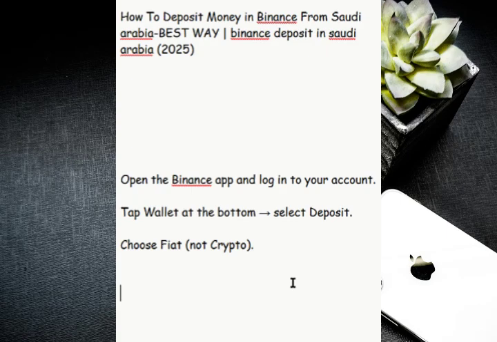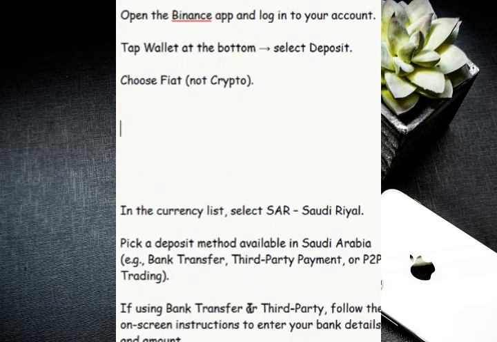One of the quick methods to deposit money in Binance from Saudi Arabia is to open the Binance app and log into your account. Then from there, you have to make sure you tap the wallet at the bottom. Select deposit and choose fiat, not crypto. Then in the currency list, select SAR, which is the Saudi Riyal, and pick a deposit method